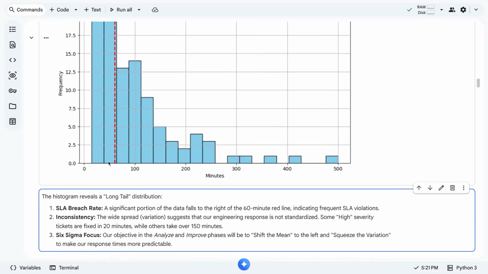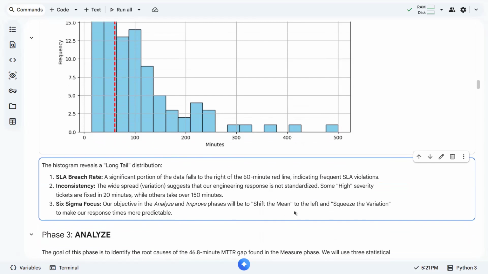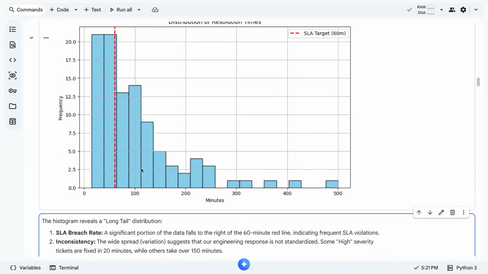It should be below 60 minutes. And of course, we want to squeeze the variation as much as possible. They will not be this much scattered, right? We want them to be concentrated right here in this area, not scattered. So we just want them to be around here.